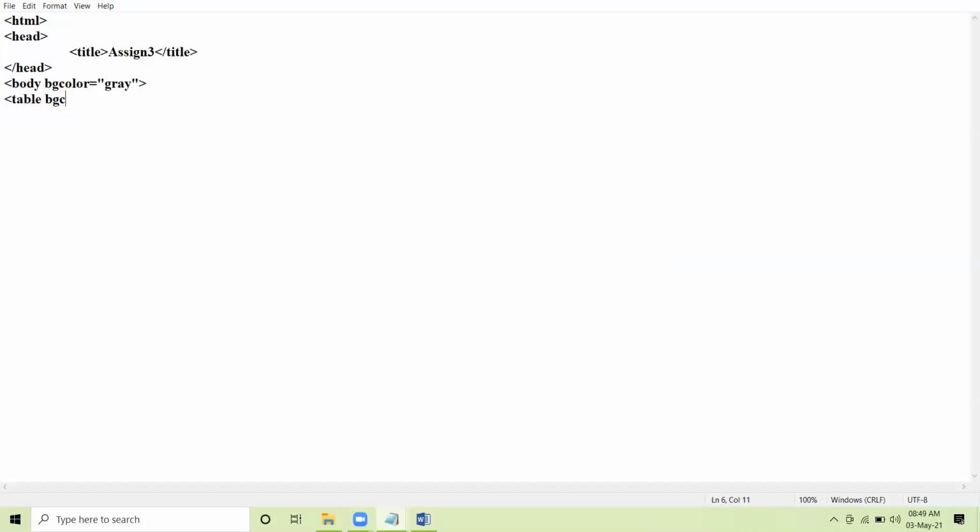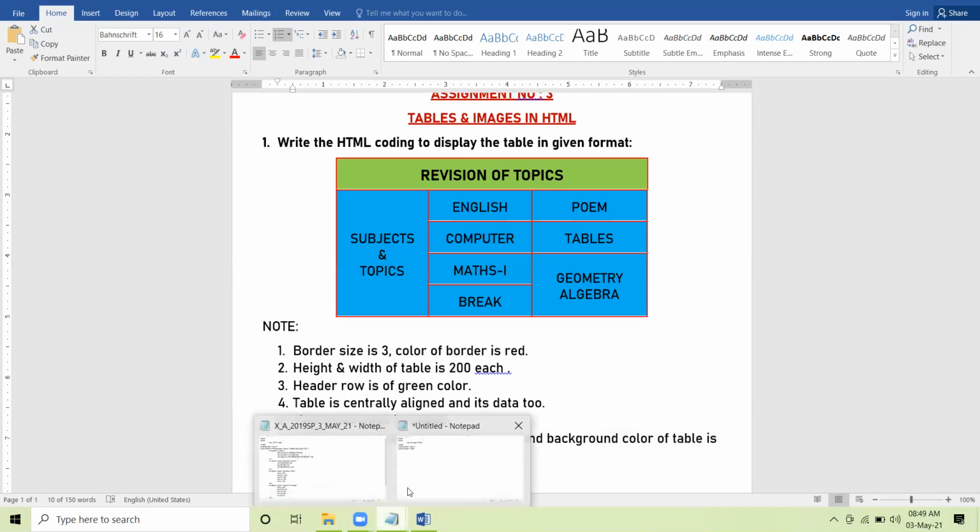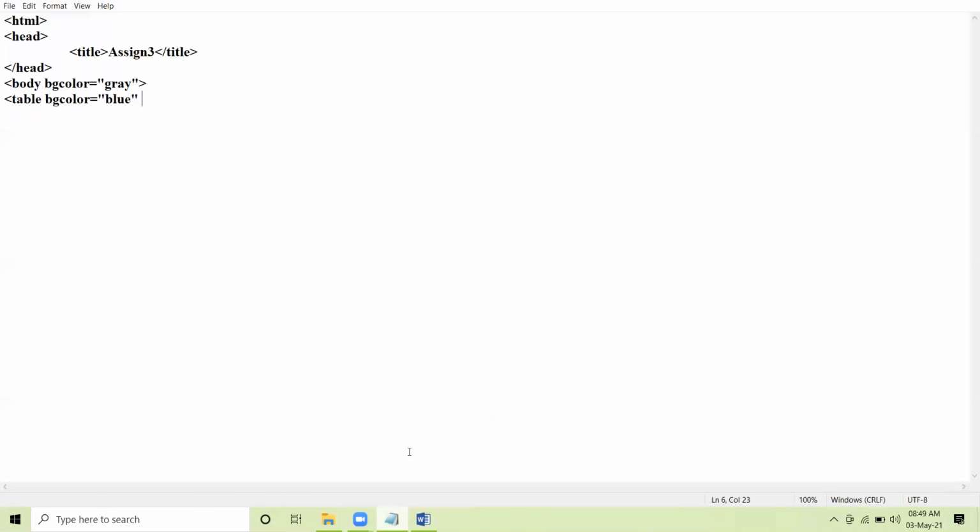Table BG color equal to blue. Okay. Next instruction given. Border is of size 3. Color of the border is red. Border is of size 3. Border color is red.